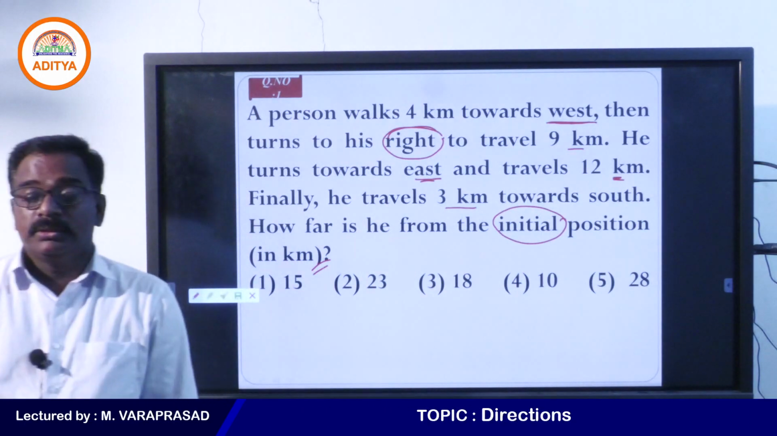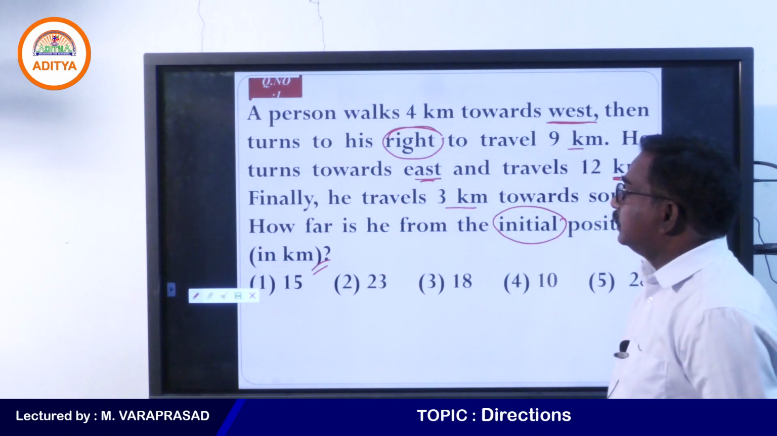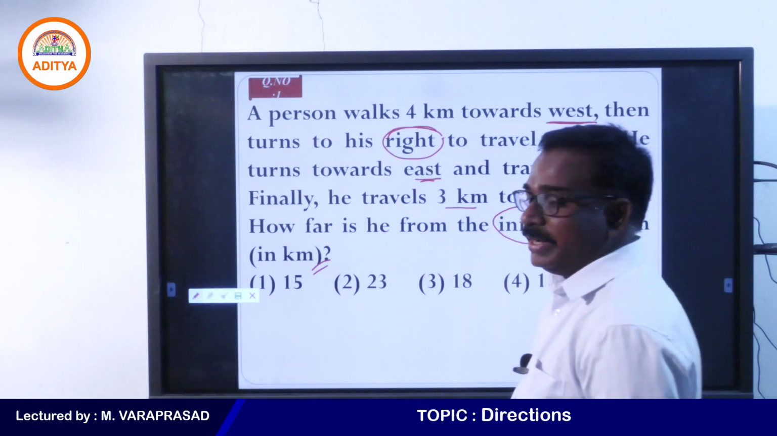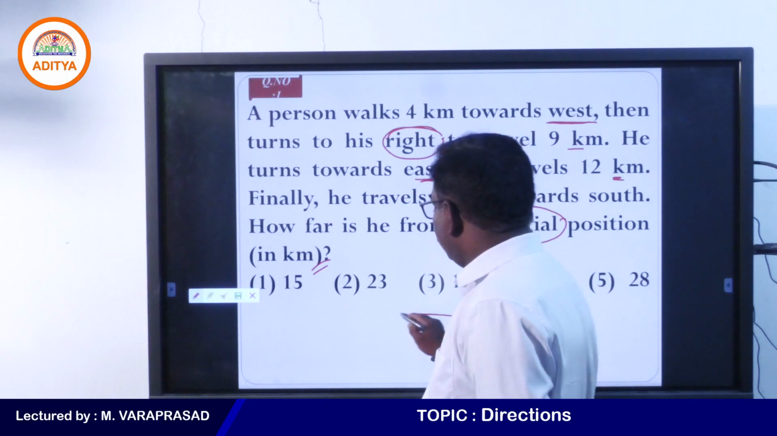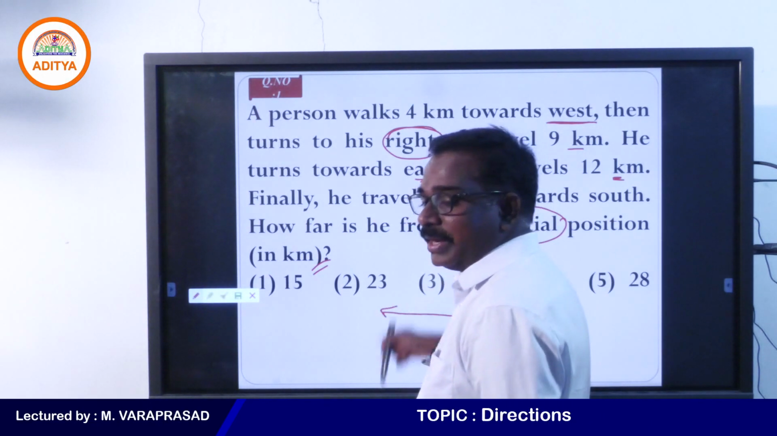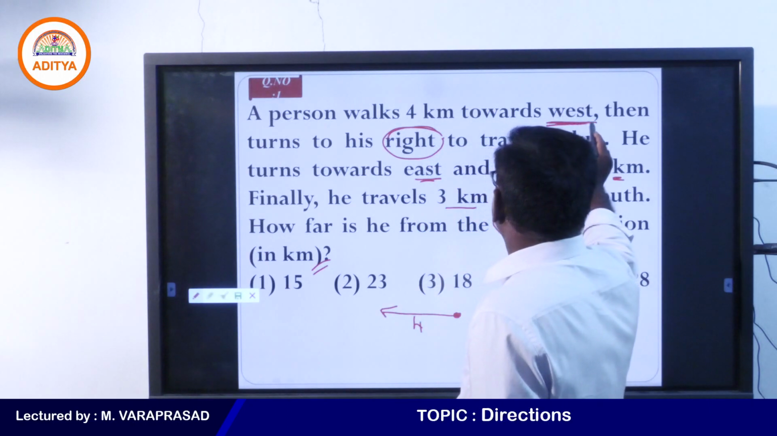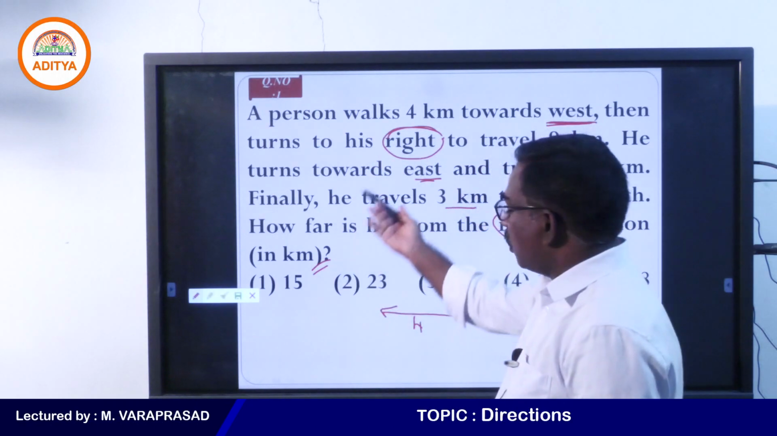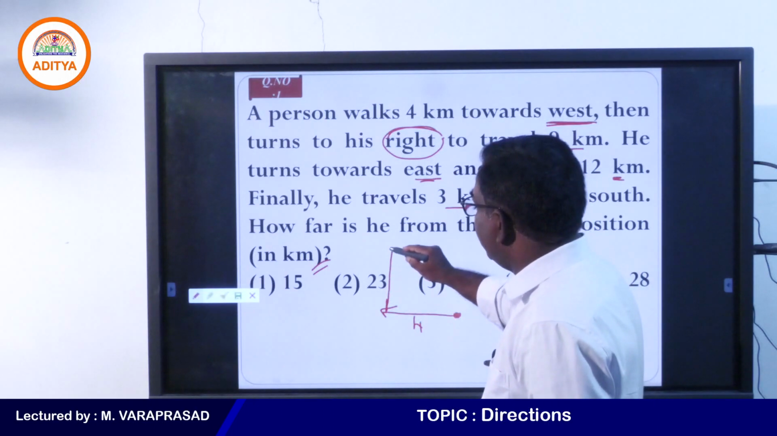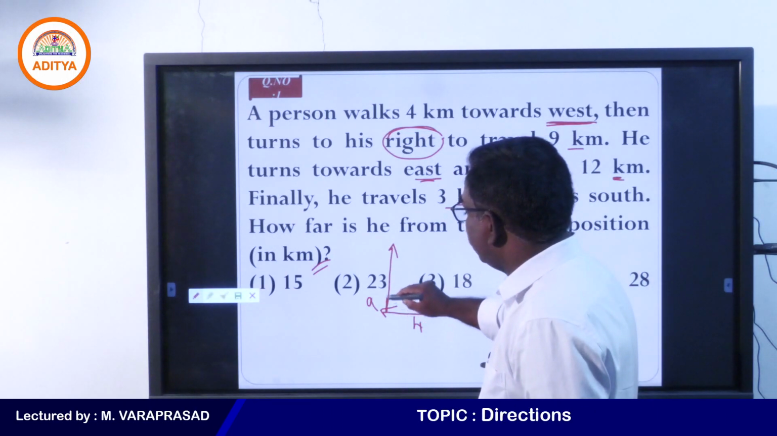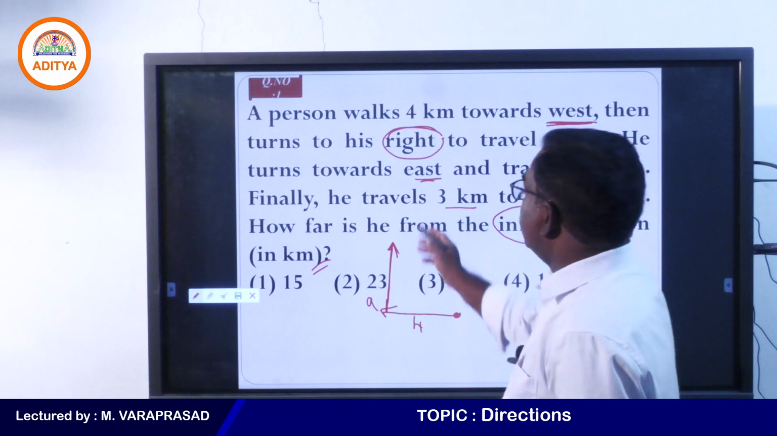So what is the first point here? A person walks 4 kilometers towards west. Suppose you take this as the initial position, 4 kilometers towards west. Your right is always east, the opposite is west. Then he turns to his right, meaning clockwise direction, and travels 9 kilometers. So what is the next point? He turns towards east